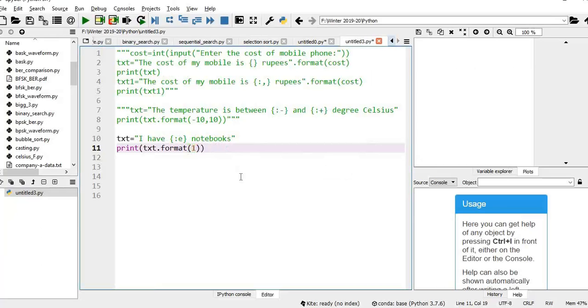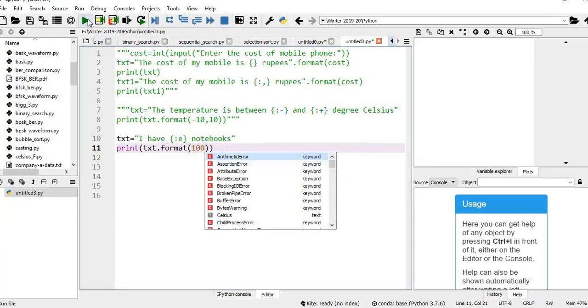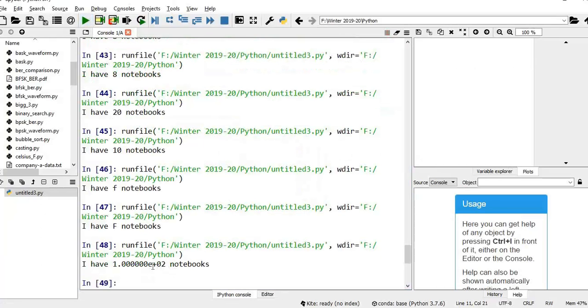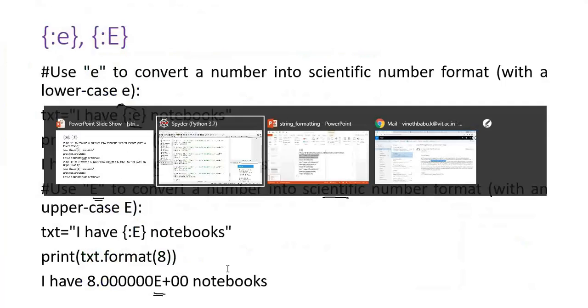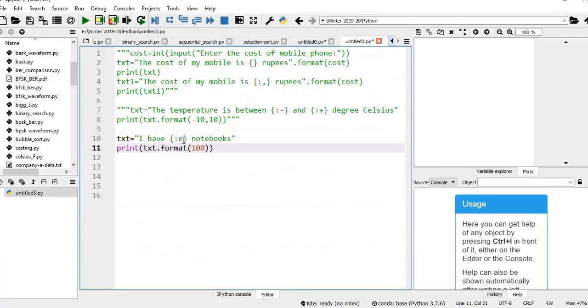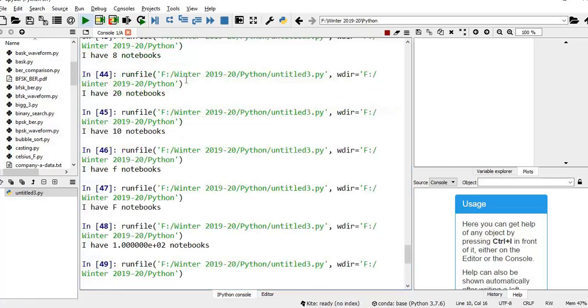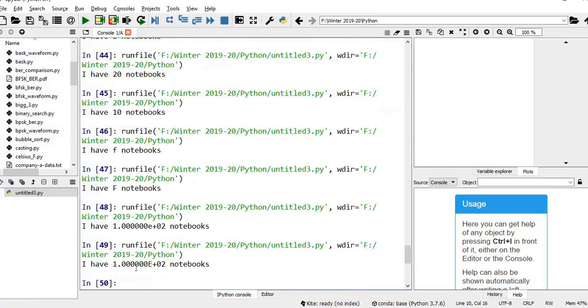I will give 100. See, with small e, it is displaying 1e+02. If I use capital E here, the same thing, 1.000000E+02. It is displaying in scientific format.